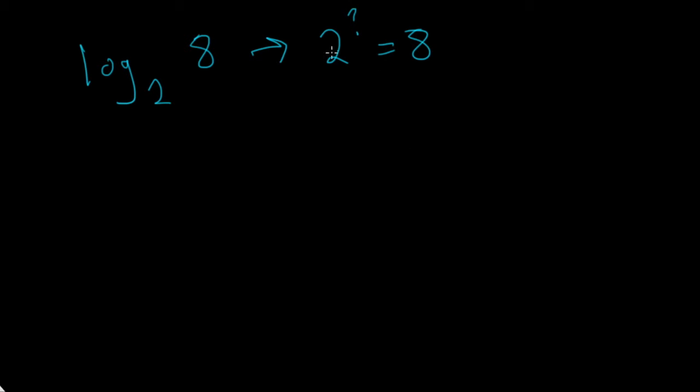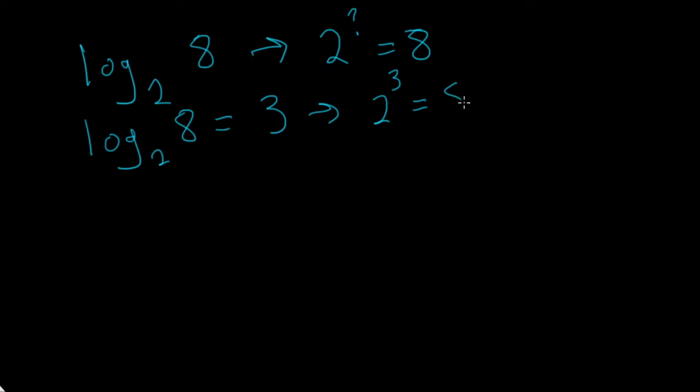Because logs are always solving for missing exponents. Because again, the whole purpose of a log is to act as the opposite operation of an exponent. So it's going to give us the missing exponent. So 2 to the what power is equal to 8. So then we can say that log base 2 of 8 is equal to 3,